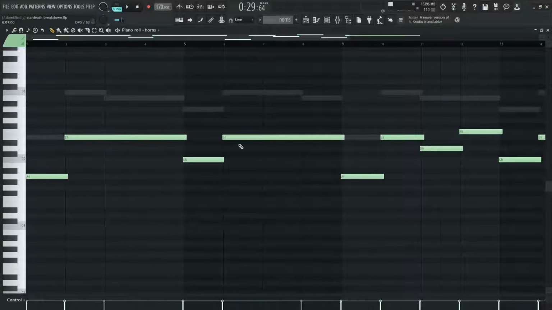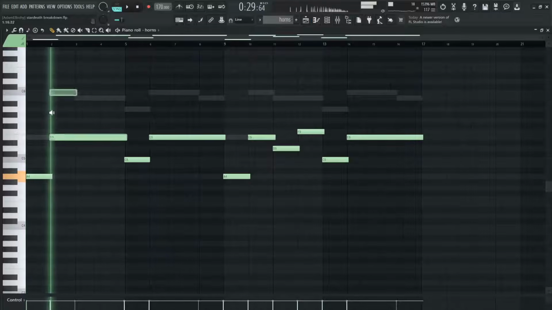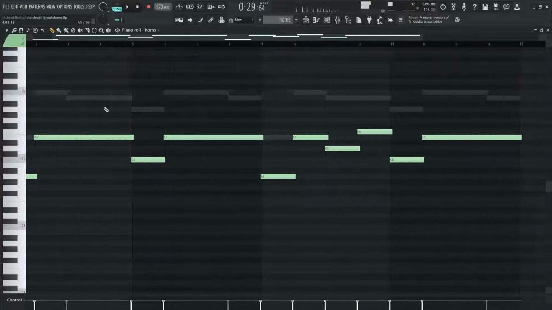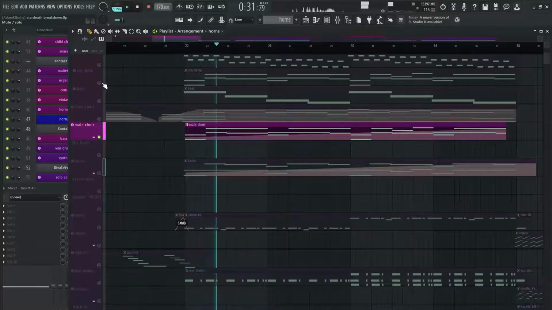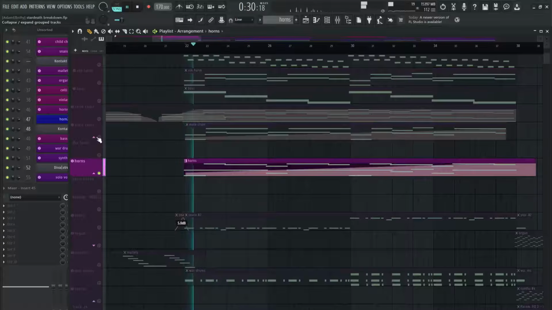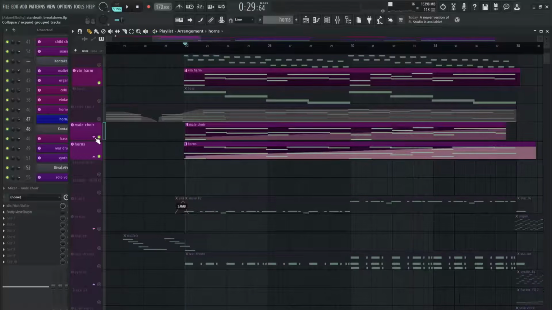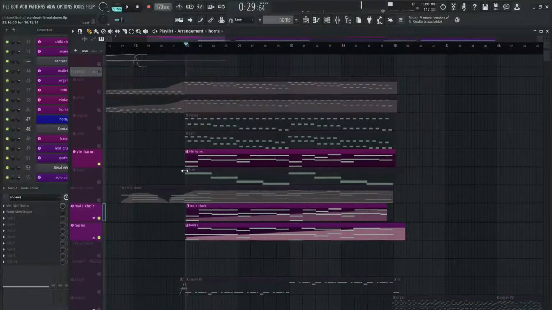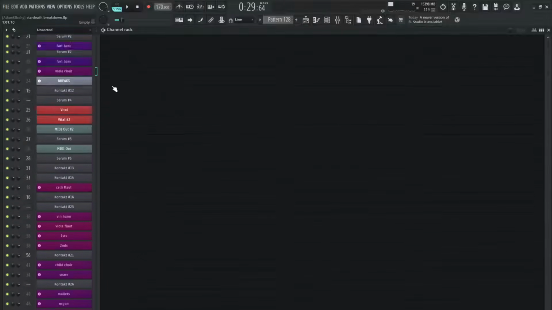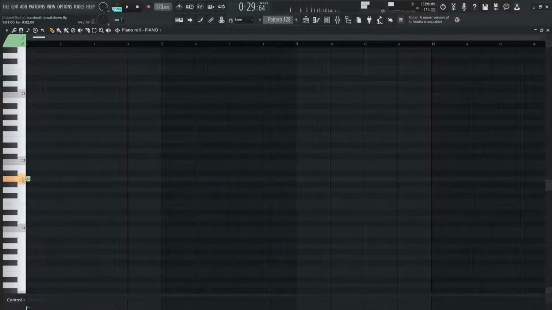All of the melodies of the background instruments kind of have this similar melody. All of the background stuff kind of just goes like that. And then you'll have the main chord progression in this section, which is something like